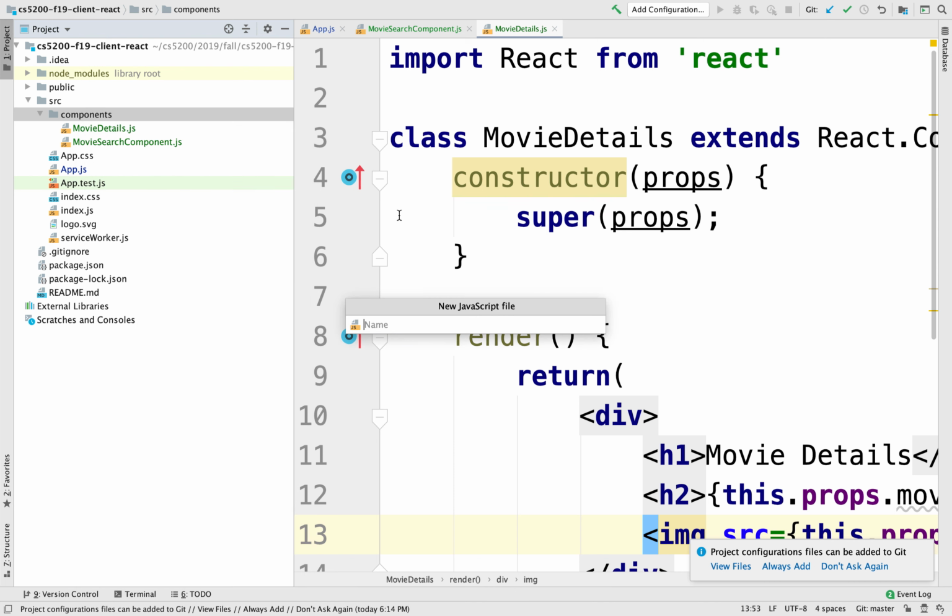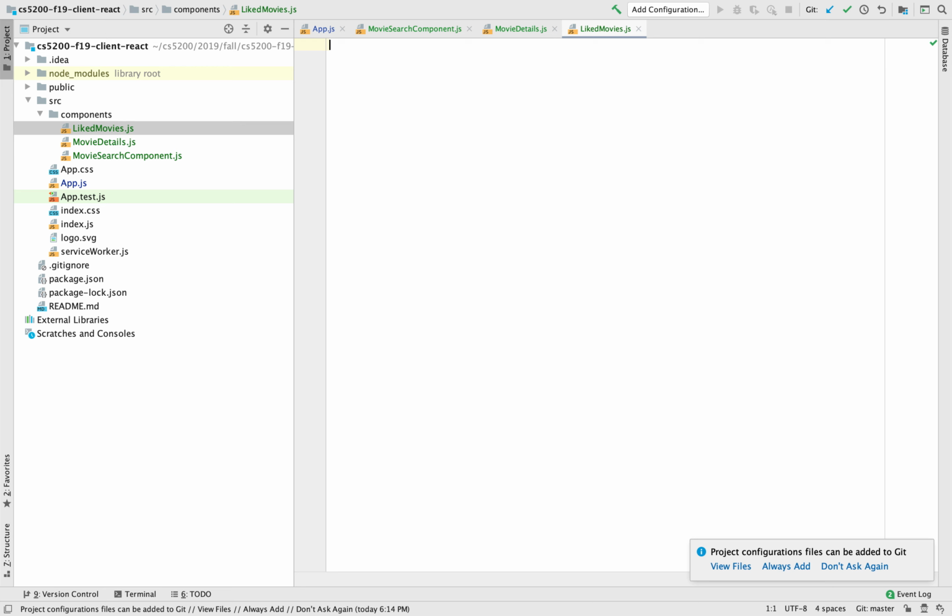So we can say maybe liked movies, and this would be a list for me, and it would be a different list for you, right? So we might need to have a relationship of saying who likes what, like a mapping table. But let's not get that ambitious. Let's just keep track of this list of movies, right? So in this component, what we can do real quick is do the following. We can say import React from React, and in here we can say